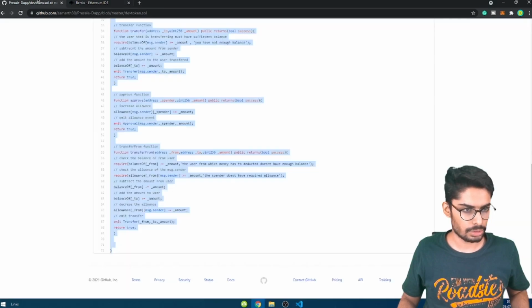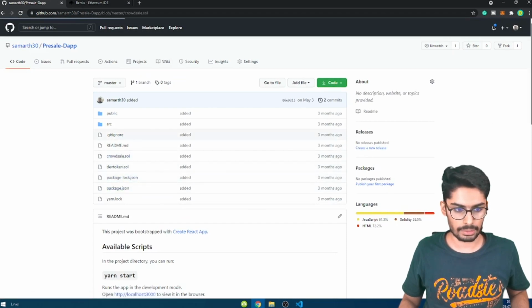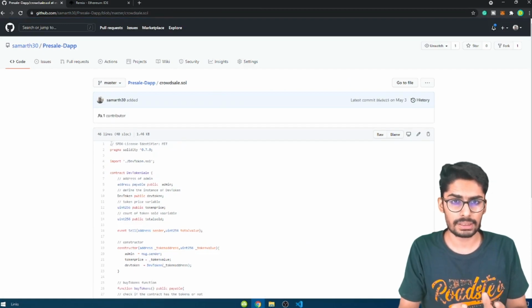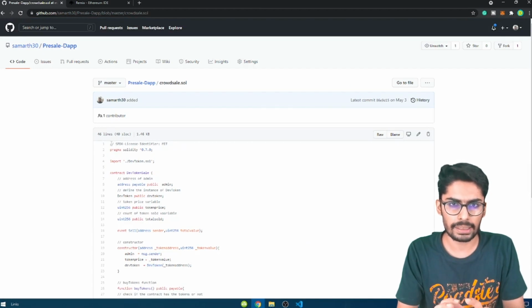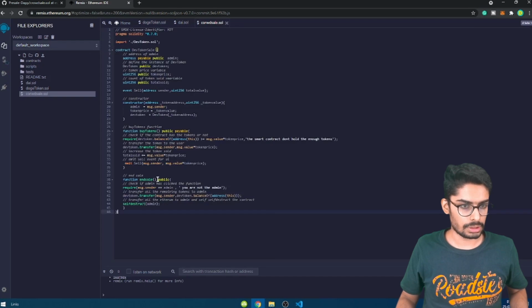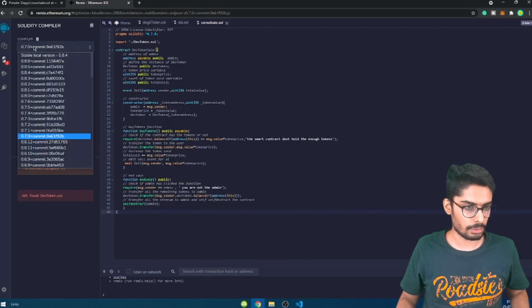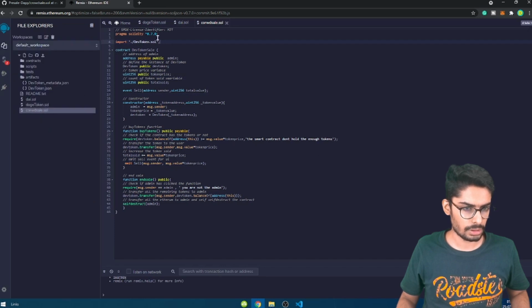Let's refresh. We will also copy the code of the crowd sale that I built in the last video. I'll go through these points very fast, but for a more detailed understanding, you can watch my previous video. So thank God, our contracts are compiled successfully. I have kept 7.0 as the compiler and auto compile, and now the dapp token. It's searching for dapp token, and that's not here. So what we will do is